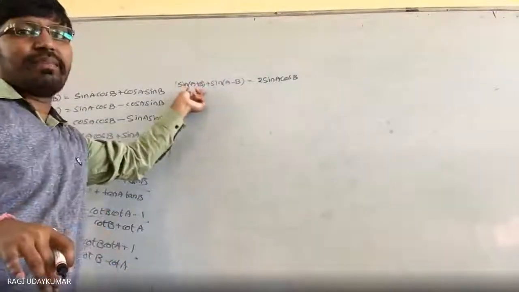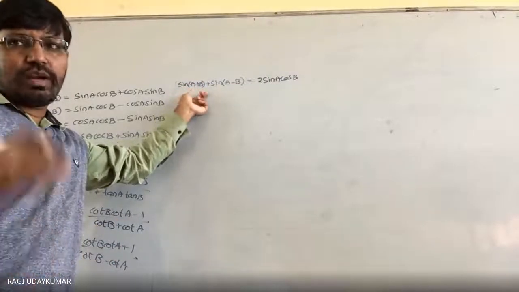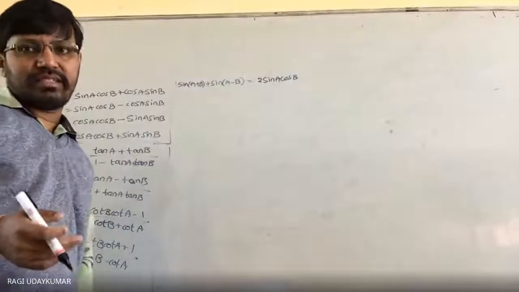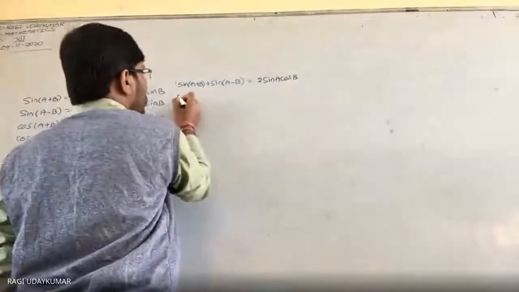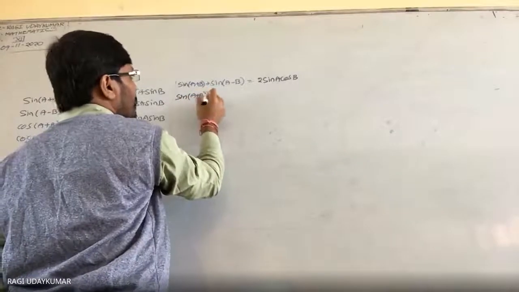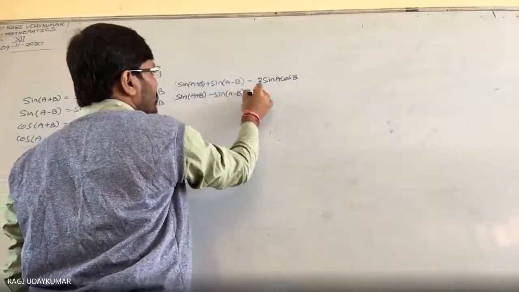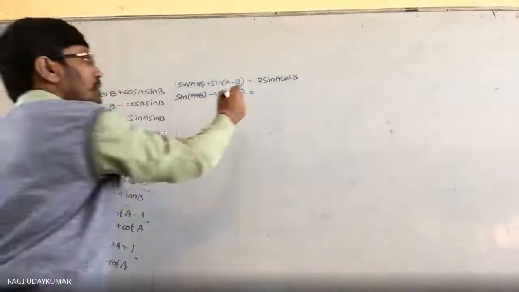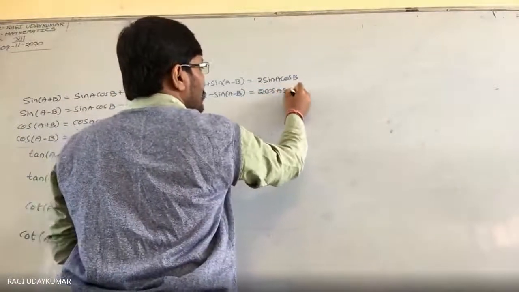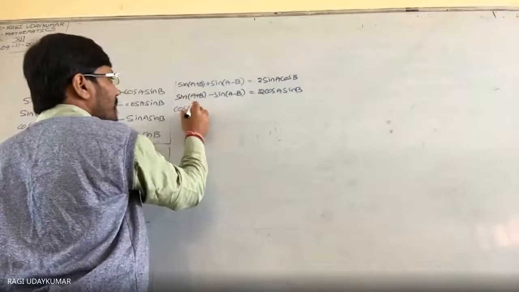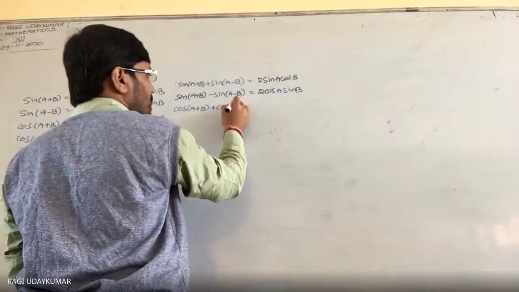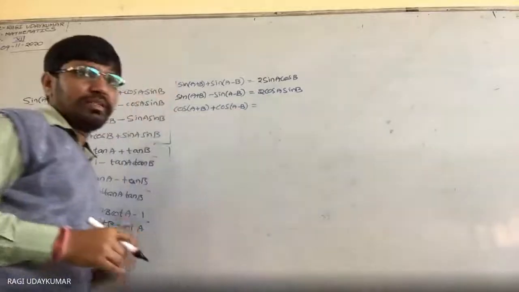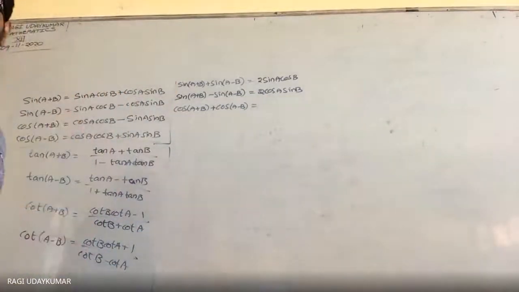Each is the sin of some angle, some expression. You can write the cos in the form of the cos. So sin(A plus B) minus sin(A minus B): I am subtracting these two, so these cancel, and you are going to get 2 cos A sin B. And if you observe cos(A plus B) plus cos(A minus B), adding these two, what do you get? Tell me. From here itself, see, all are interlinked only.